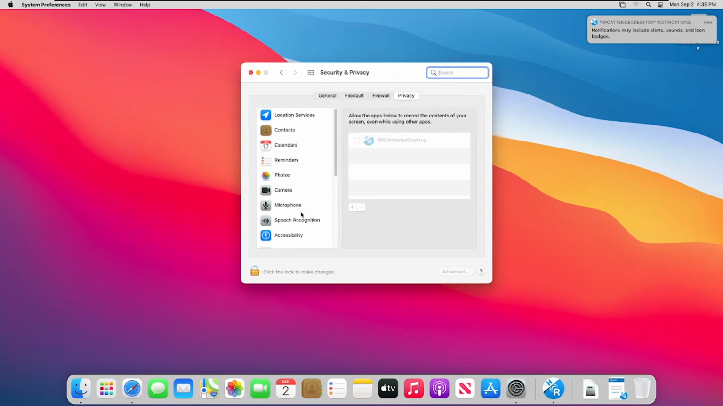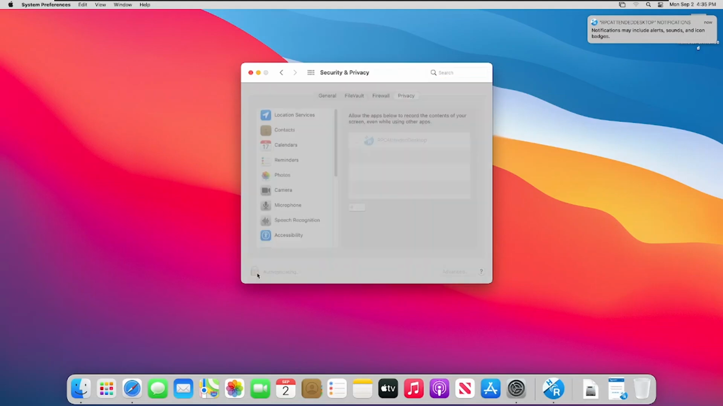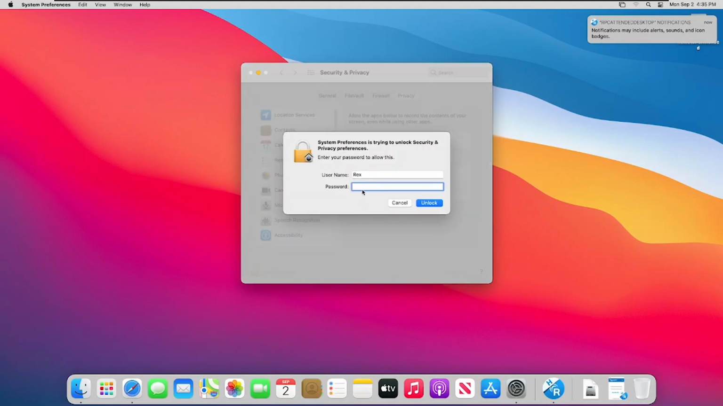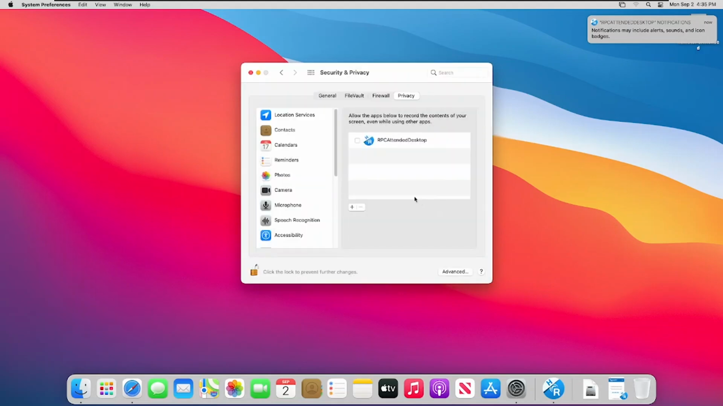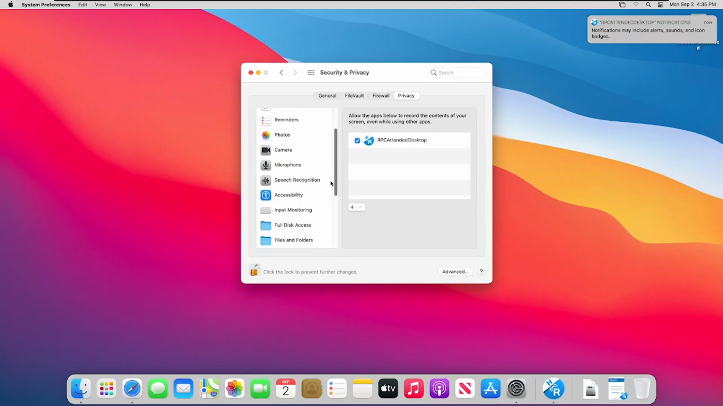Once this is opened, you need to click on the lock icon right down here and then type in your password, the password which you use when you turn your Mac on, and then click on unlock. Once it's unlocked, you need to click on this small checkbox and then you have to go to this accessibility. If you don't see it, you can just scroll down and then click on accessibility and check the AnyDesk box again,